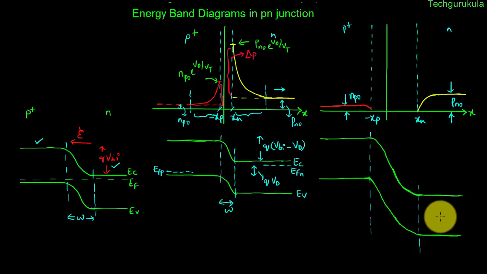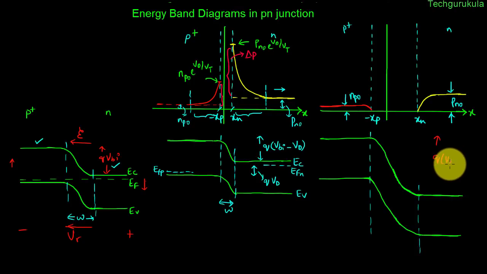And to understand how this energy band diagram came, let us go and apply a reverse bias to this equilibrium PN junction, where we apply minus here and plus here, where let's say the magnitude is VR. Then because of this applied potential, electric field would be in this direction, which will be adding to the built-in electric field. As a result, the total electric field in the depletion region would increase. So the barrier potential would increase from QVBI to Q times VBI plus VR, which means this side of the energy band diagram would move down and this side of the energy band diagram would move up relatively. So as a result, we get this energy band diagram,